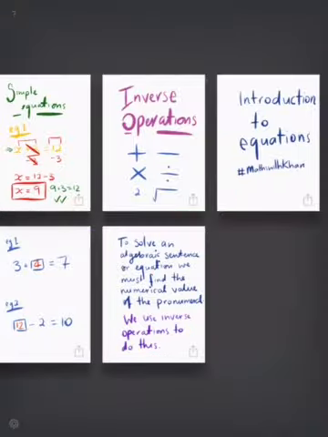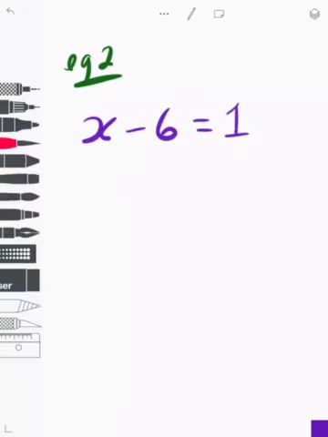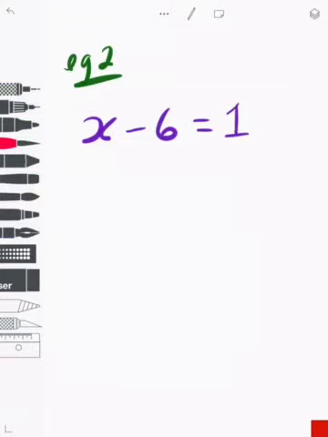Now let's go through and do another quick example. Here I have x minus 6 equals 1. In order to get x by itself, I need to get rid of that minus 6. And the opposite of minus 6 is plus 6. As we said before, we have to do it on both sides to balance the equation. Minus 6 plus 6 cancel out, so I cross them out. I'm left with